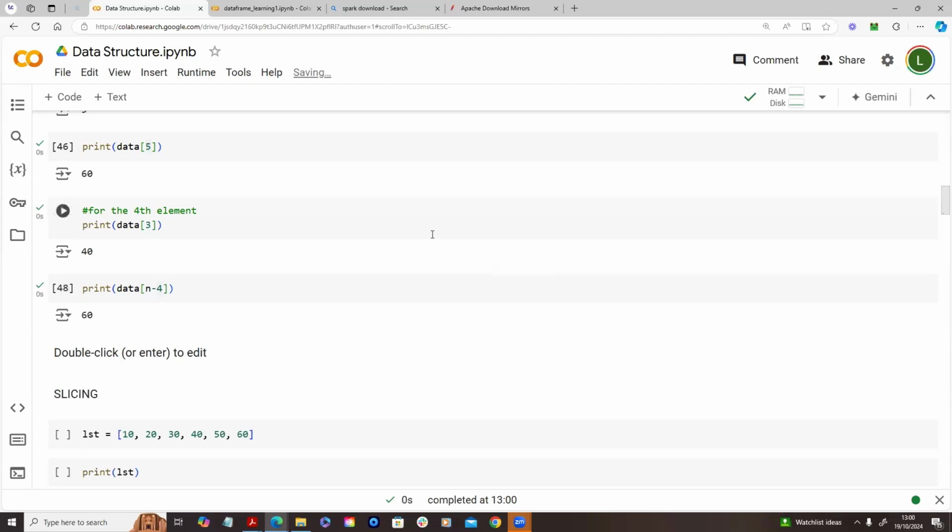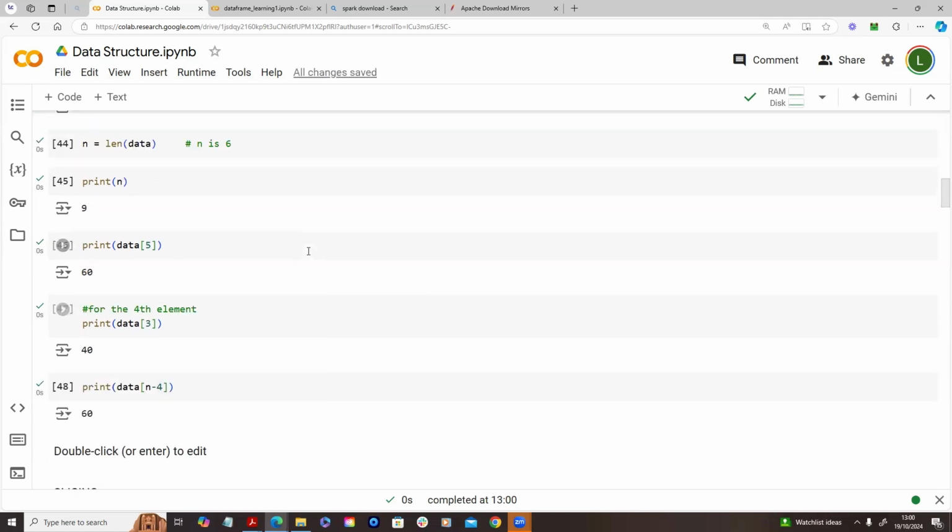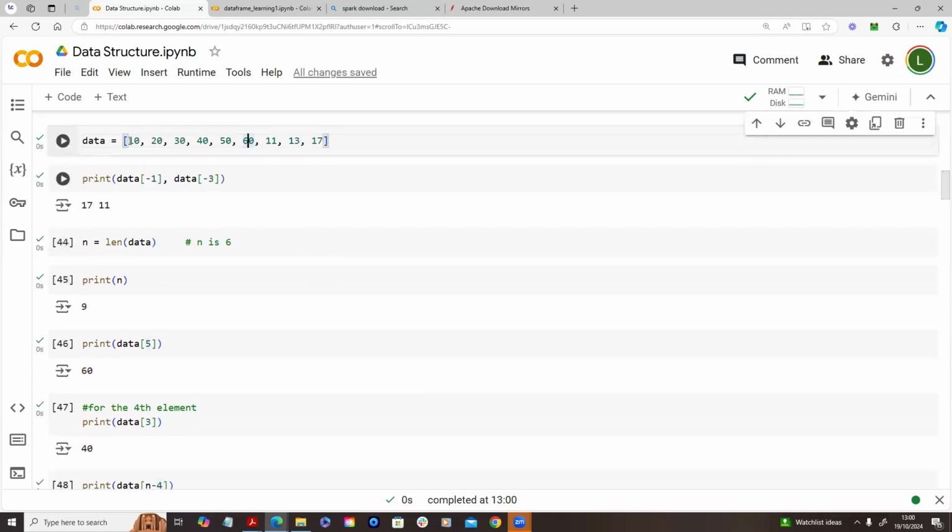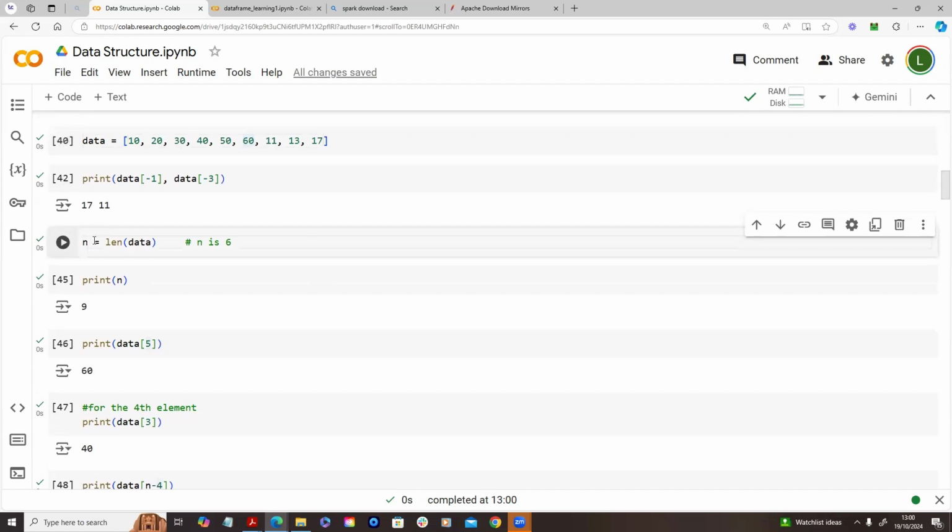Sorry, sir. Can you repeat that again? Yes, if you see, we have elements on this list. We have 9 elements here. When we use length, which is a like